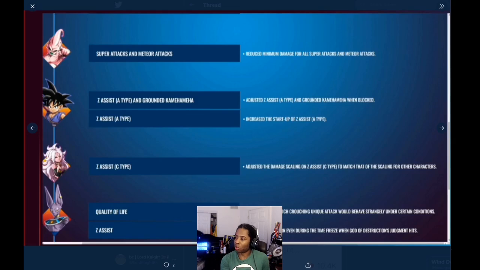For Beerus, the change was a 2S bug that if you did multiple 2S in a row, you'd be super minus on reflect and get smoked. I see. Quality of life. Quality of life. And I think this is the last page. The last page